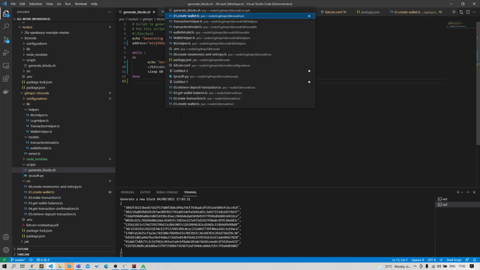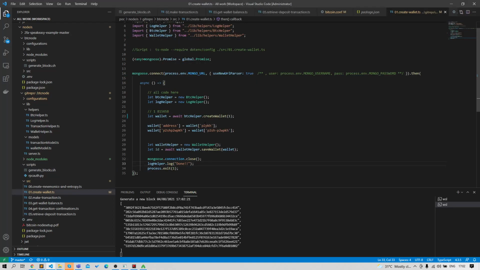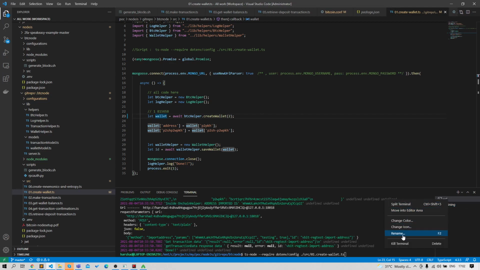To create the second wallet, go to this create wallet file, give it some new number, pass the new number in this file, and run this file again. So here we have the mining running. We rename this console as mining, and this is a testing console.